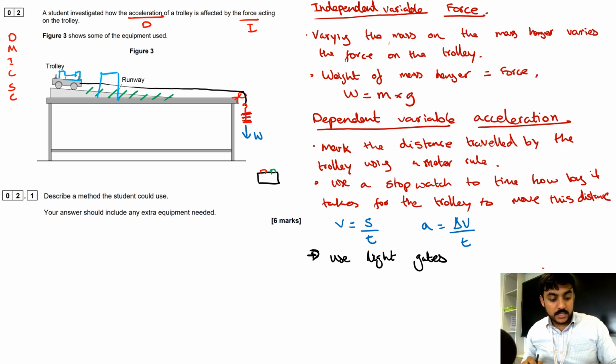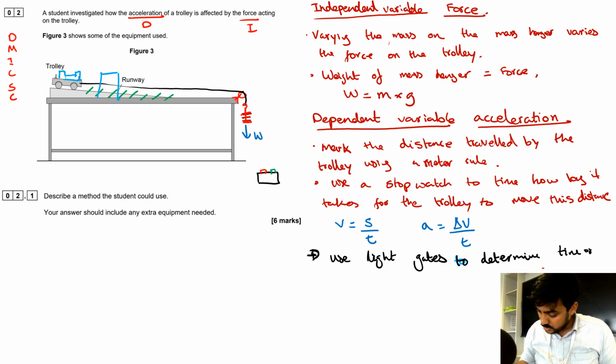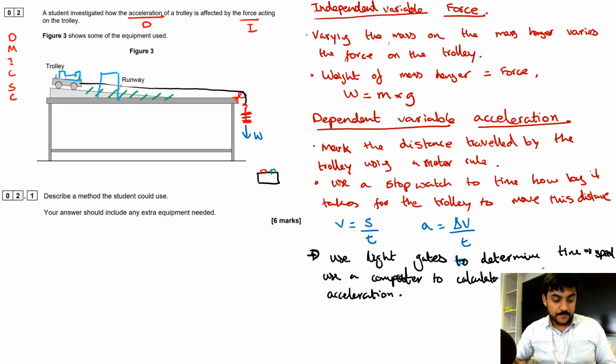It uses light gates to determine time or speed. Computer calculates acceleration. Use light gates to determine time or speed. Use a computer to calculate acceleration. Okay, so